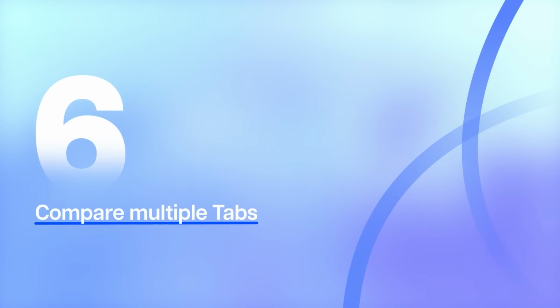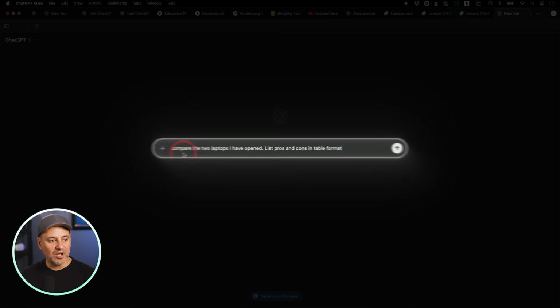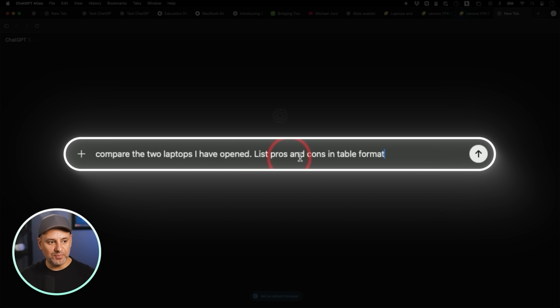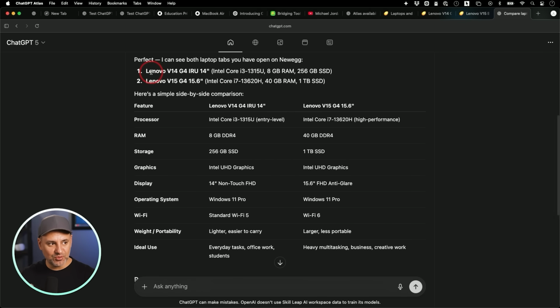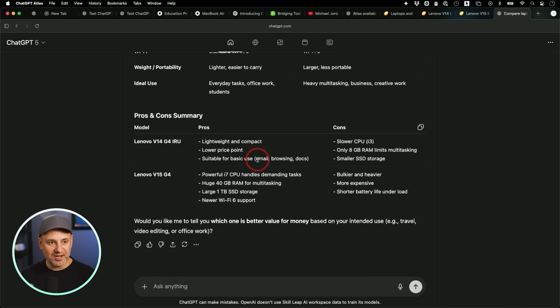Number 6 is the ability to compare multiple different tabs. So if you're comparing research, if you're comparing products, prices, reviews, you could do this side by side. And it's really easy to do here on a new tab. So I could say compare the two laptops I have open, list the pros and cons in table format. So I had two laptop tabs open. It was able to see it and it created the table for me,